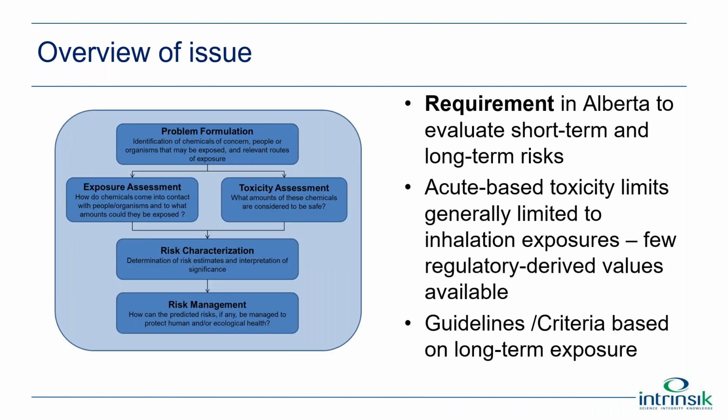The assessment of acute and short-term risks is a requirement in Alberta under our existing Tier 2 guidance, and it's also mentioned in the supplemental site-specific risk assessment guidance document that was issued in draft earlier this year, where there's a clear requirement going to be required for the assessment of acute and subchronic risks. And I'll get into the definitions of those in a couple slides ahead. This is in addition to the conventional assessment, which is looking at long-term risks to potential health.